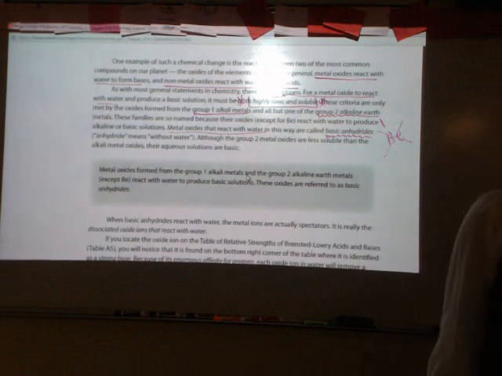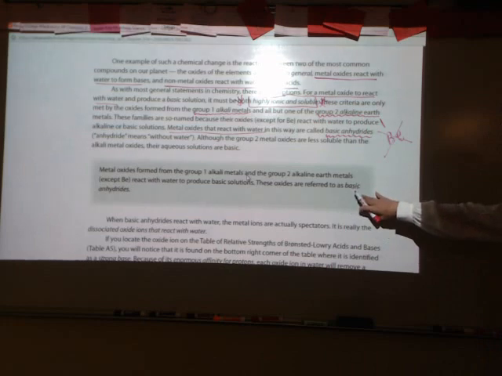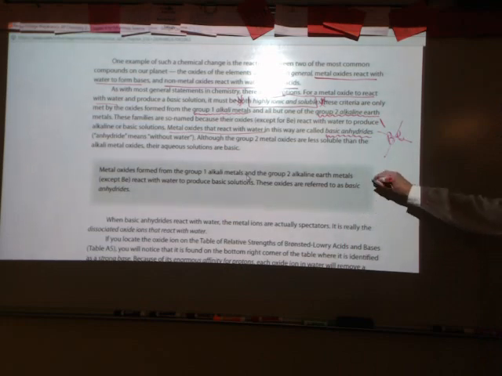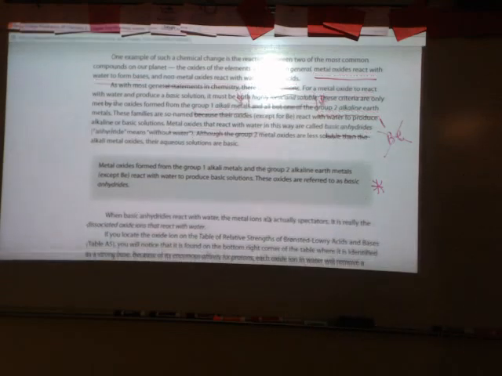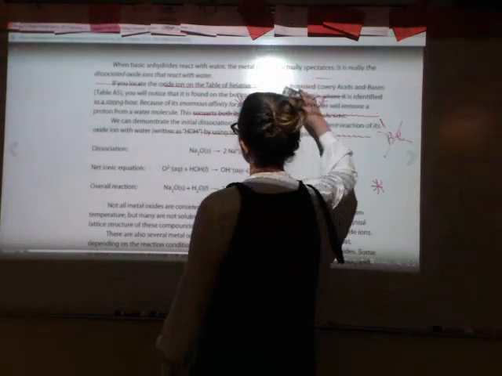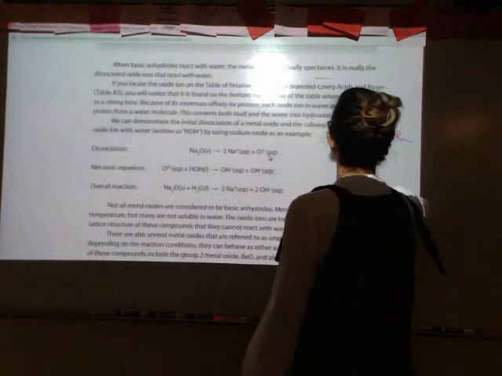Anhydride means without water. So metal oxides formed from the group 1 alkali metals and the group 2 alkaline earth metals, except beryllium, react with water to produce basic solutions, and these oxides are referred to as basic anhydrides. When basic anhydrides react with water, the metal ions are typically spectator ions, so it's really the dissociated oxide that's going to react with water. So if you take a look,